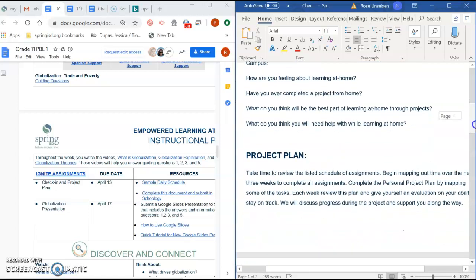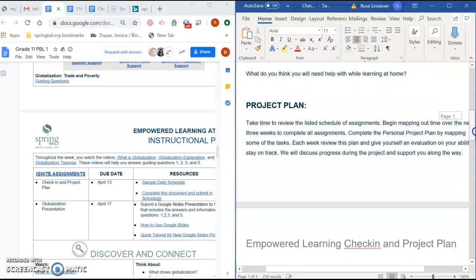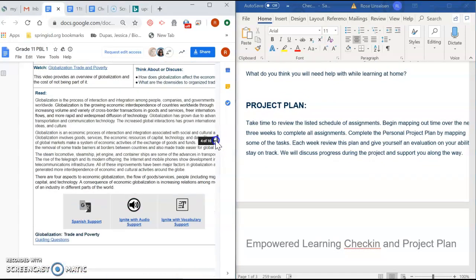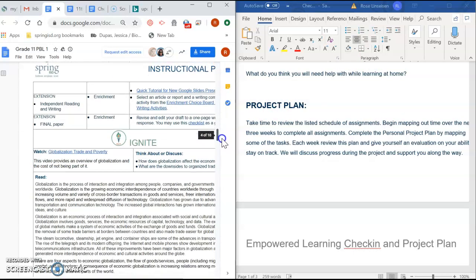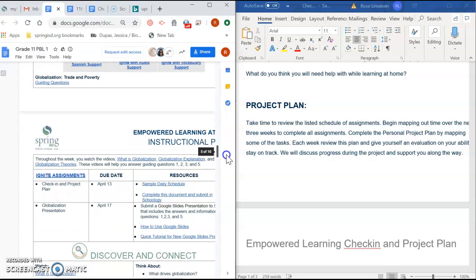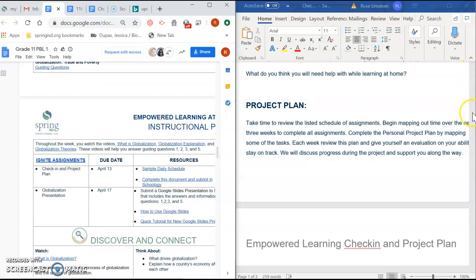And as you go down, you can read this for yourself, but basically what it's saying is you are going to go back to these 6 assignments, and you are going to basically create a plan of when you're going to do these assignments. So of course, if something's due on the 17th, you don't want to just wait until the 17th to do it. You're going to look at what's in that assignment and get an idea of how you're going to do these 6 assignments. So let me pull this back up. Here we go. Sorry, I wasn't really singing. I wouldn't do that to you.